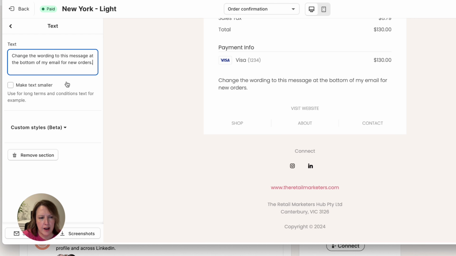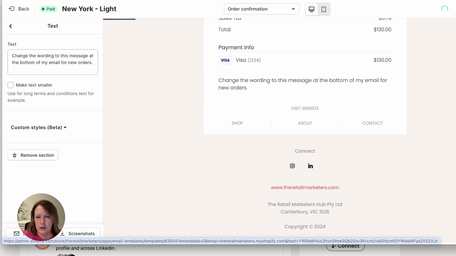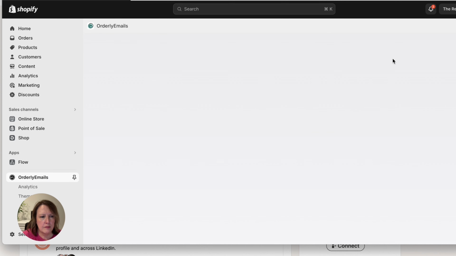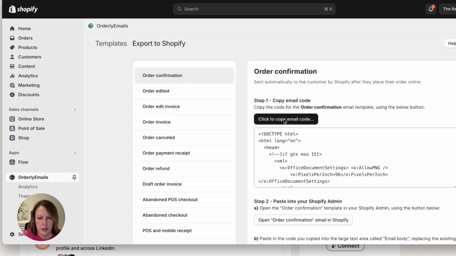Obviously that's not what we put, but let's just put it in there like that. The one thing I have found it's important to do is then once you finish typing anything, you click out of it. If you don't, it doesn't pick up the last change that you've made. So I like to just make sure my cursor is not sitting in the actual box where I've changed any of the type. Now all we do is go export to Shopify, and it's going to create the code for us. So then we can click to copy code,